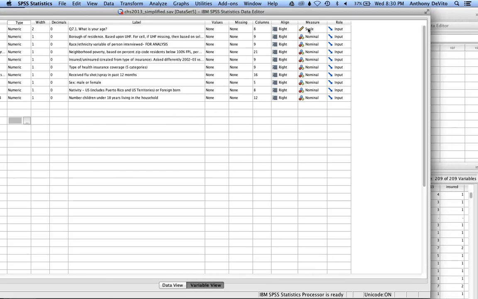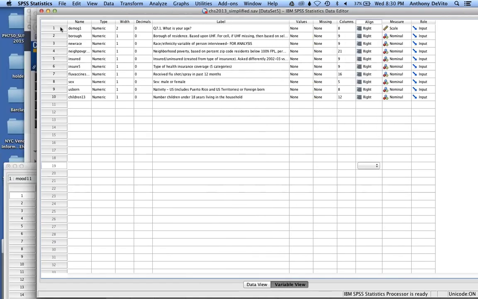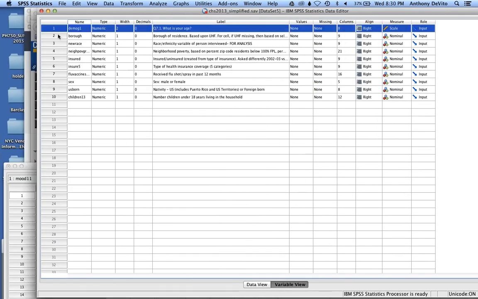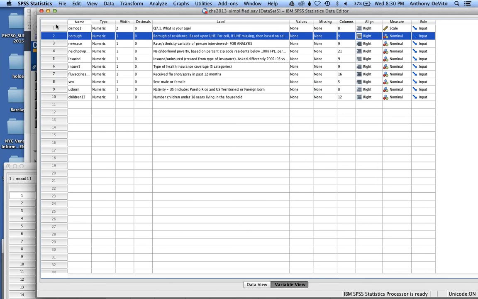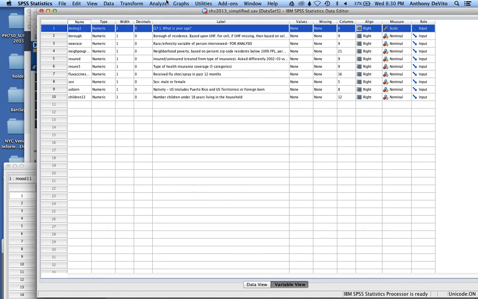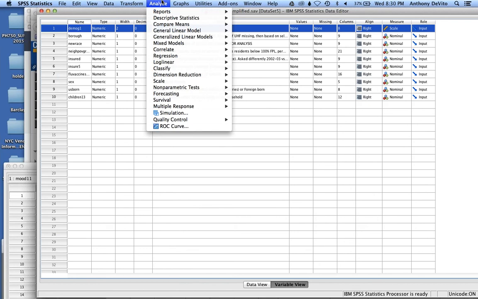So now, if I look over here, only one of these is a scalar variable, something we can do means with, right? Which one is it? It happened to be age in this case, right? So in other words, if I wanted to go borough by borough and compare the average age for people in each one of those boroughs, how many boroughs we got? 5. What kind of variable is borough? It's a categorical variable. What kind of variable is age? Numerical variable. What analysis should I use to compare the means of those 5 groups? Means of 2 groups, you use t-test. Means of multiple groups, you use